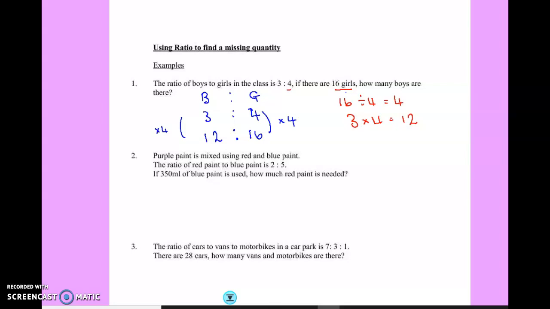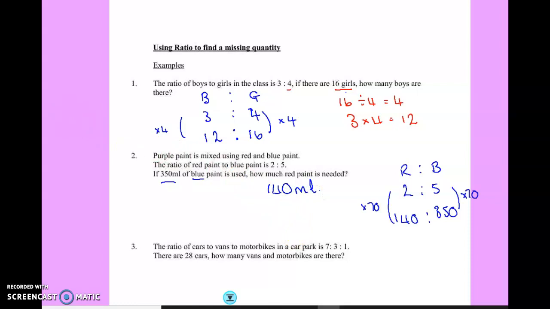Okay, number 2, purple paint mixed using red and blue paint. The ratio of red paint to blue paint is 2 to 5. So red to blue is 2 to 5. If 350ml of blue paint is used, so we've got 350ml of blue paint, how much red paint is needed? Okay, so I've gone from 5 to 350. Opposite of that's dividing, so 350 divided by 5 is 70. So I'm timesing by 70, so I need to times by 70. So I would need 140